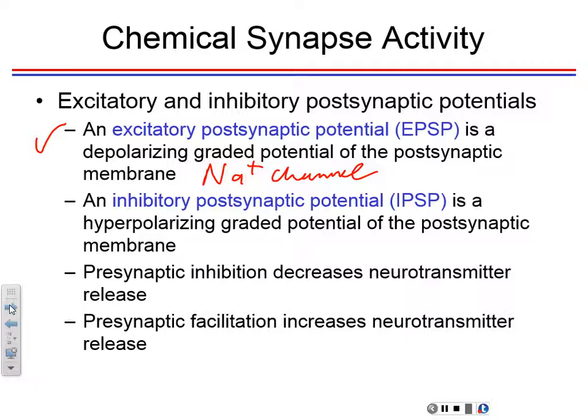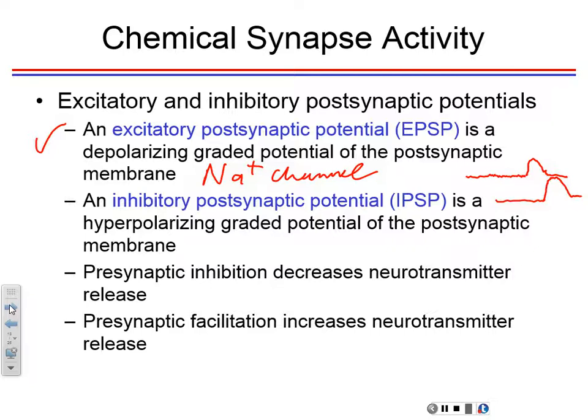And these are graded. Graded simply means that the response is proportional to the stimulus. So the membrane will be at rest like that. If it's a small one, it will just go like that, and then it will start to disappear along the membrane and go back to normal. And then this one is maybe bigger, but if it doesn't reach threshold, still nothing happens and it disappears. So that's one thing about excitatory postsynaptic potentials and inhibitory postsynaptic potentials: they are conducted in a decremental fashion along the membrane.